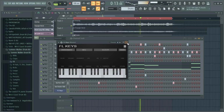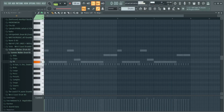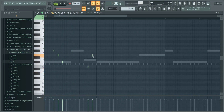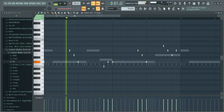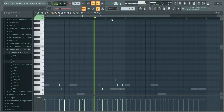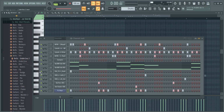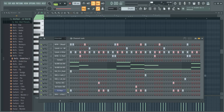Go in and add a melody. So with adding melodies for R&B beats, I try not to make the melodies too complex, because again, you need to leave space for an artist. So something nice and basic. And I'm going to replace it. I don't want to have FL keys. I'm replacing with this bell,